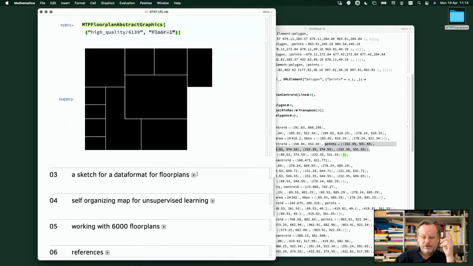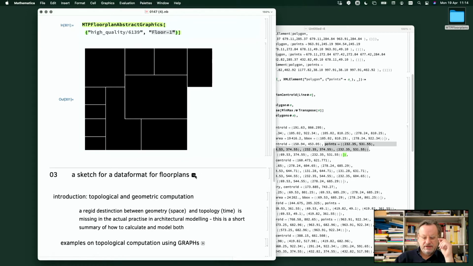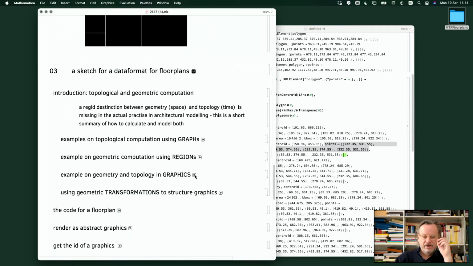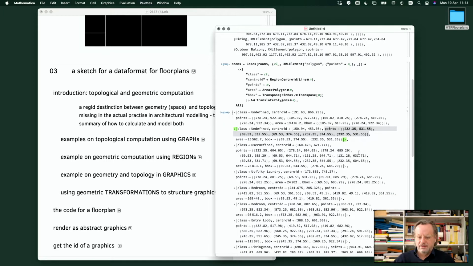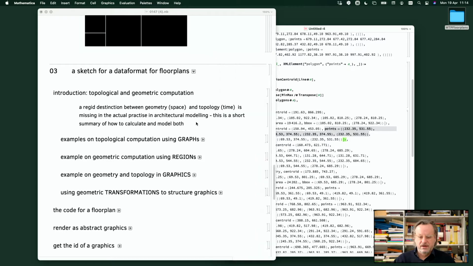So, therefore, the data format is like this. We strictly have to make a distinction between space and time, geometry and topology, and this is missing. If you look at it here, they're just points, and they're somewhere. They're not even towards zero. So that's not working. So if you want to work, we said graphics is a combination of both,